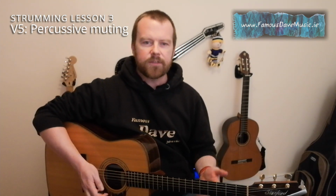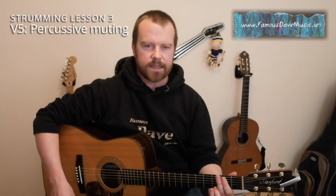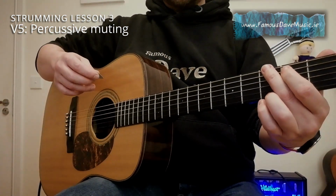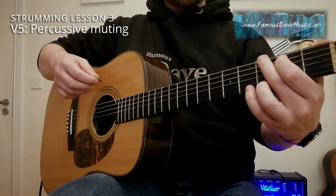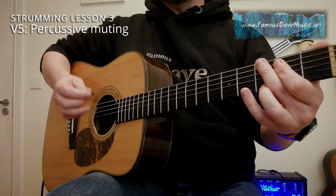This involves lifting the fretting hand pressure off the strings and letting them rest against the strings while simultaneously strumming, and it's a bit like this. So I strum and then I take the pressure off, keep my hand in the G position, sort of flatten my fingers against the strings and then get a mute. So I might go